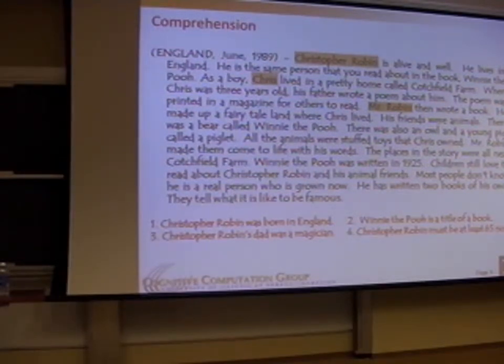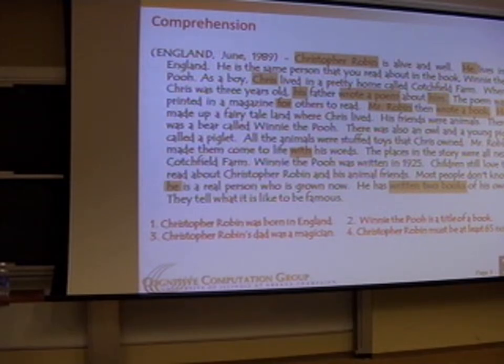There are many other problems in this text. There are many pronouns, his, he, him, and so on, and you have to know what they refer to. There are many relations that are expressed here. Someone wrote a poem. Someone wrote a book. Someone has written 2 books. And in order to really address a lot of the questions here, you really have to resolve each one of those, or many of the others that I haven't even mentioned, and figure out how to put them together.